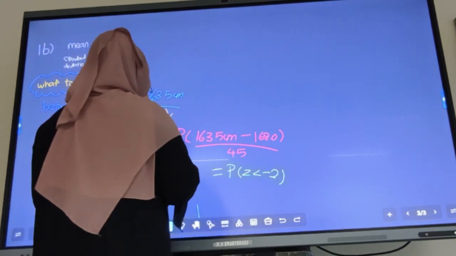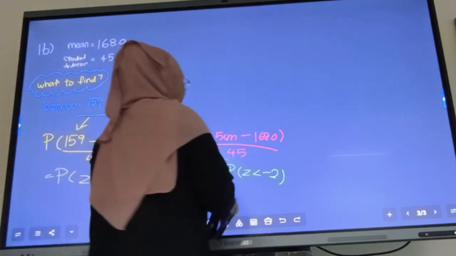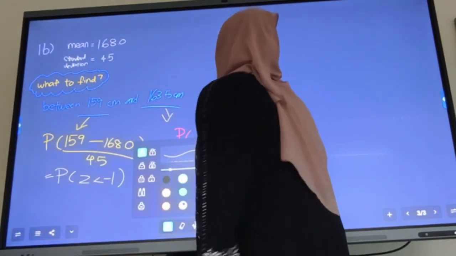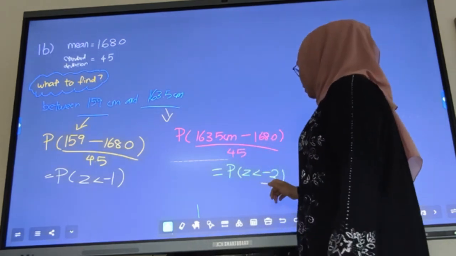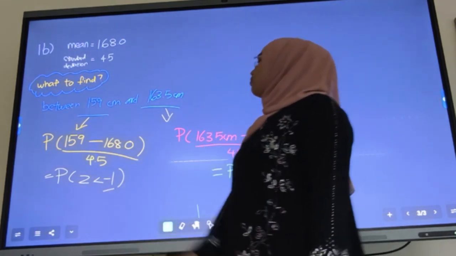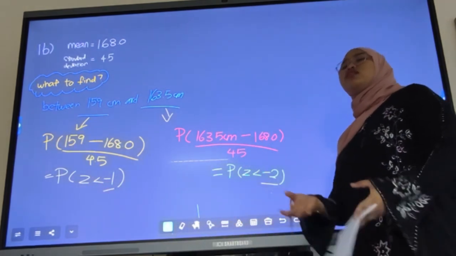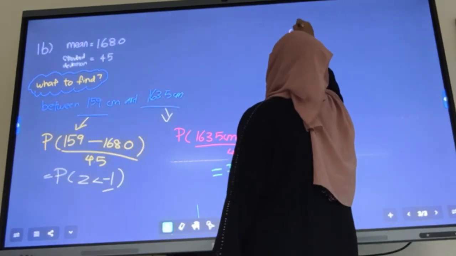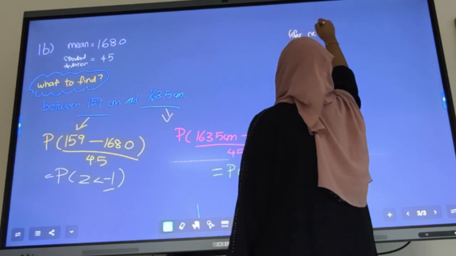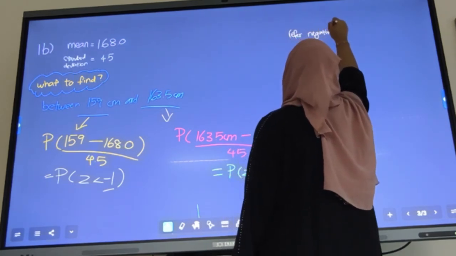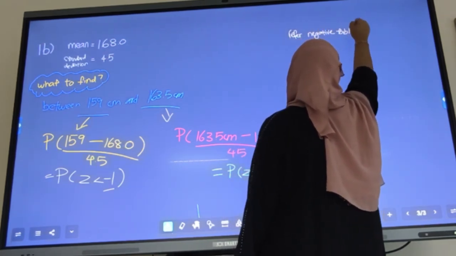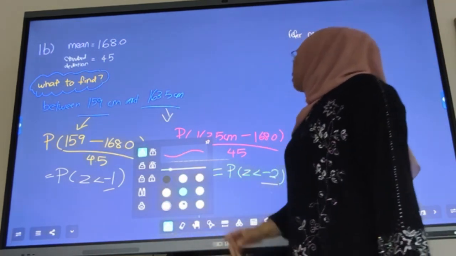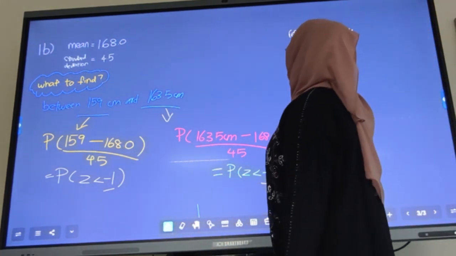Since we already got the answers -1 and -2, we need to solve it. So how do we solve it? We need to refer to the negative table, not the positive table. As you can see at the negative table, there is -1 equal to, we need to